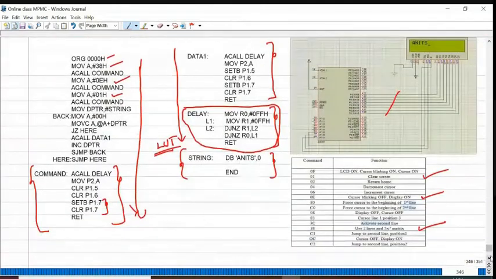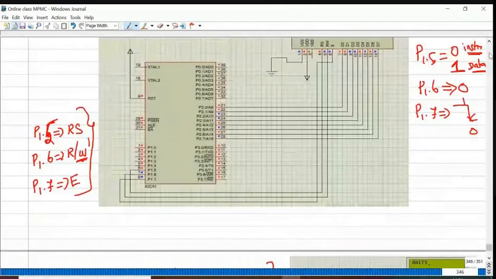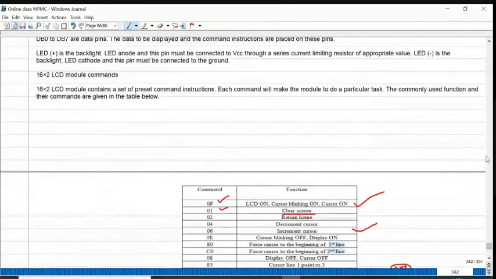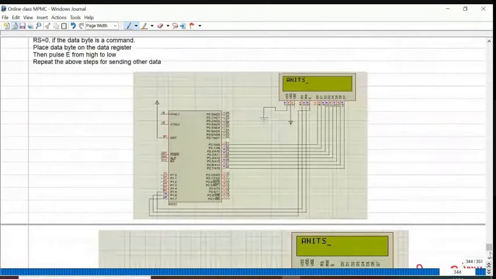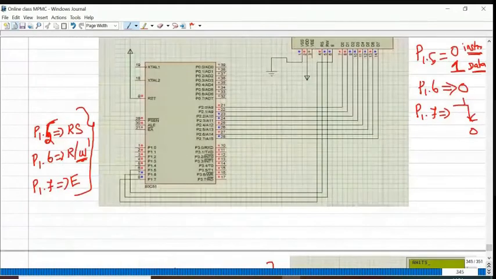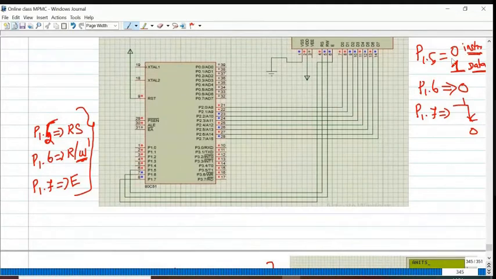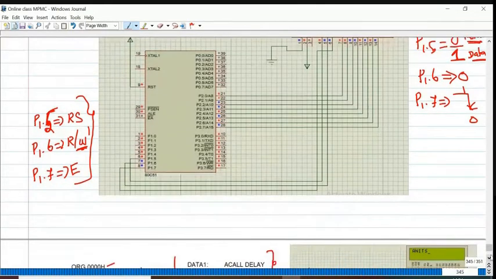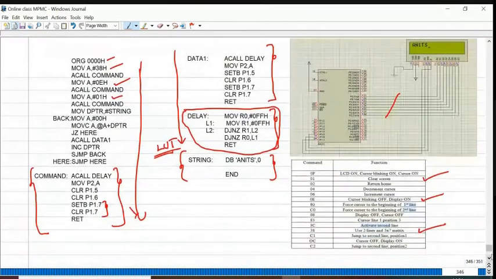So for commanding or instruction, P15 must be 0. So P15 0. I'm just commanding the LCD. Use two lines in 5 cross 7 matrix for sending this 38.